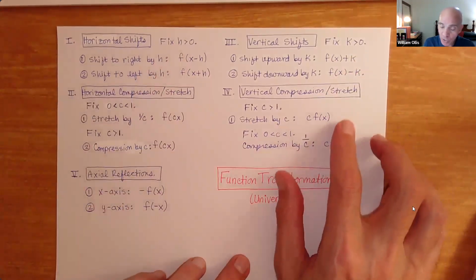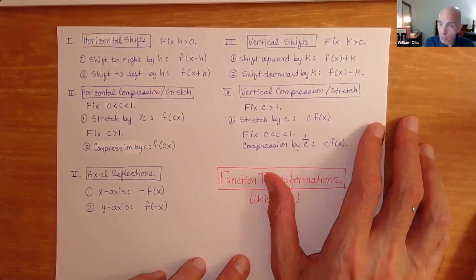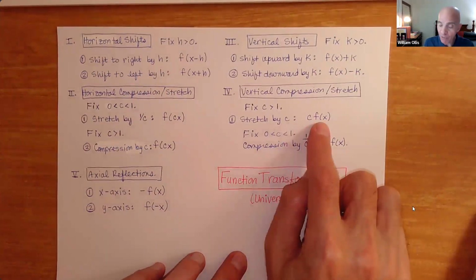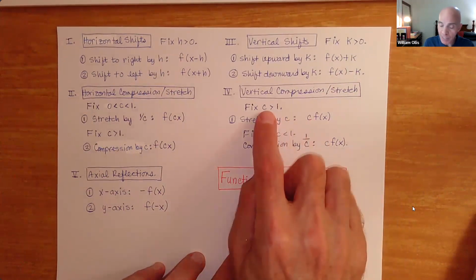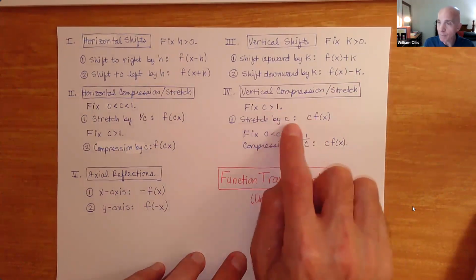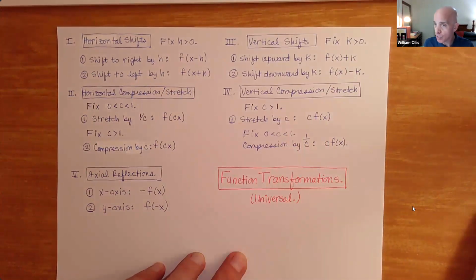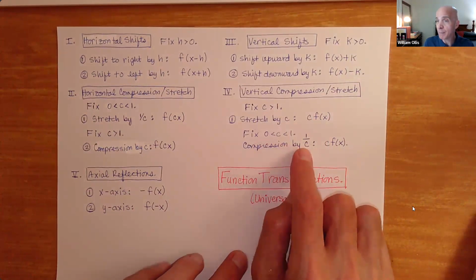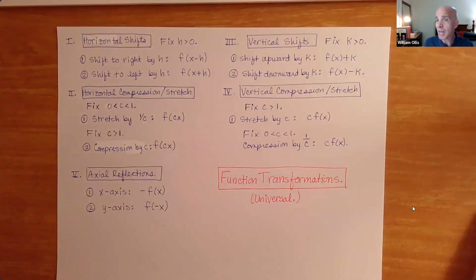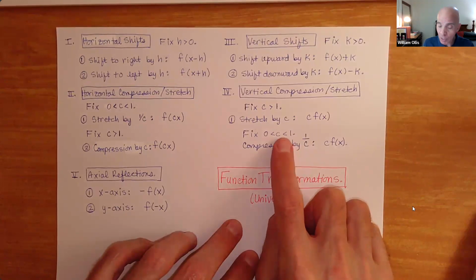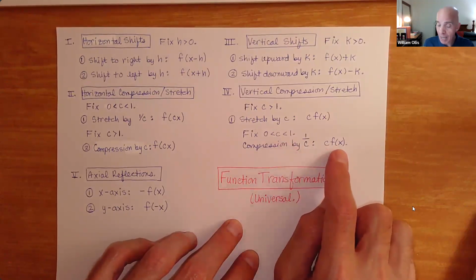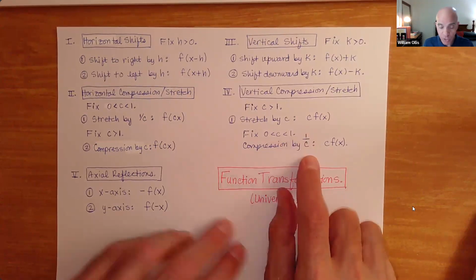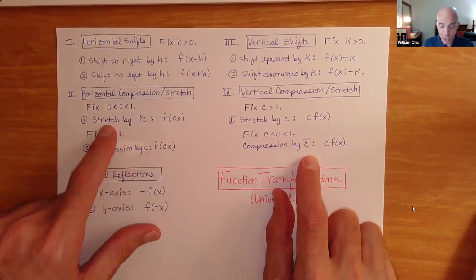Now for the compression and stretch, very intuitive. If we want to stretch the y coordinates, we simply multiply f by a number bigger than 1. So we fix c to be bigger than 1, and we have a stretch by c. Very intuitive. Now, if we want to compress, we were thinking maybe we want to make the y coordinates 2 times smaller, so we can actually multiply the coordinate f of x by 1/2. So again, this is a compression by 1 over c, which is the same way we wrote the stretch here